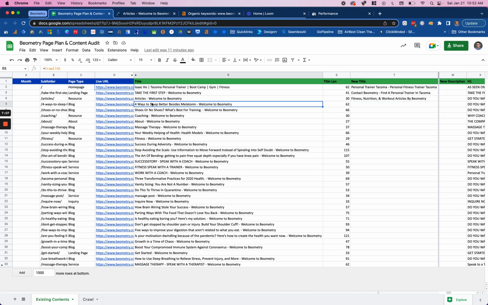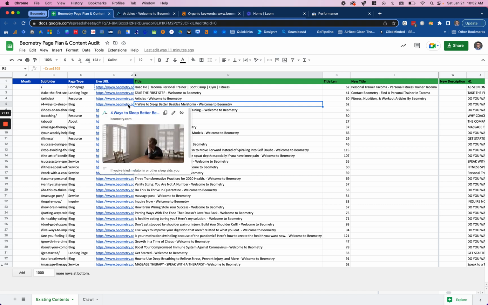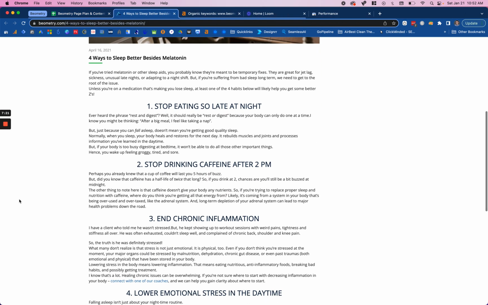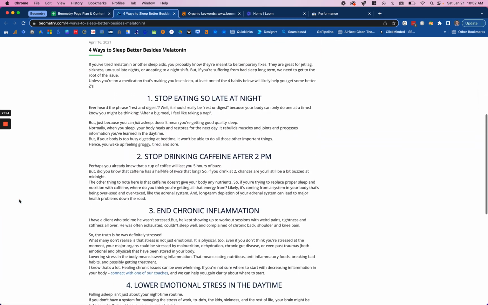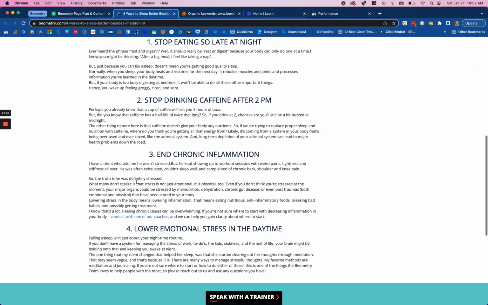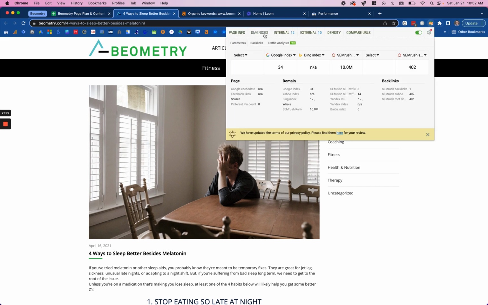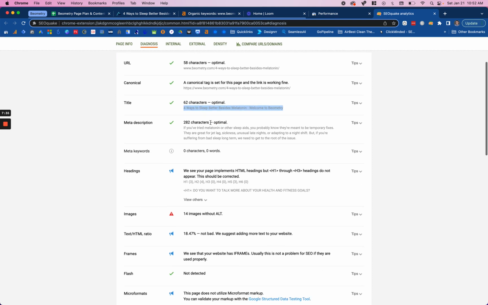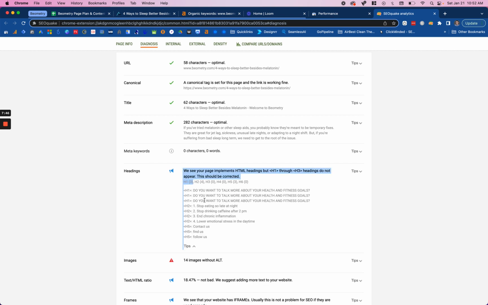So now here's one I haven't worked on yet, so you'll get my completely raw thoughts on this. Okay. Just as a side note, just looking at this, I'm going to assume that the formatting here is terrible. I'll put my bottom dollar on it. I just sleep better. Okay. There's some keyword information in there. Ways to sleep besides melatonin. We'll look at that. We can see here there are 3 H1s. I mean, that tells me that, yeah, it's just formatted poorly.